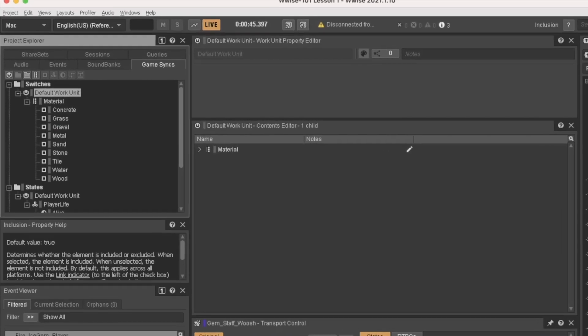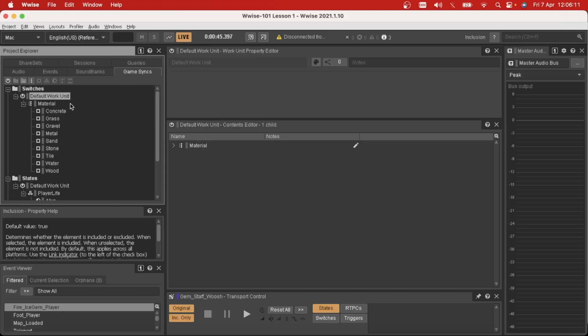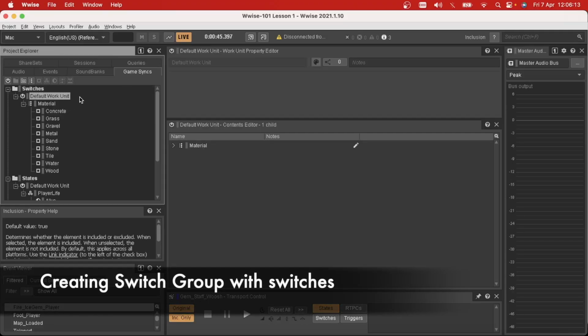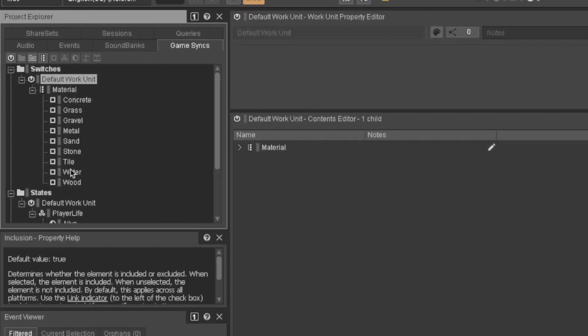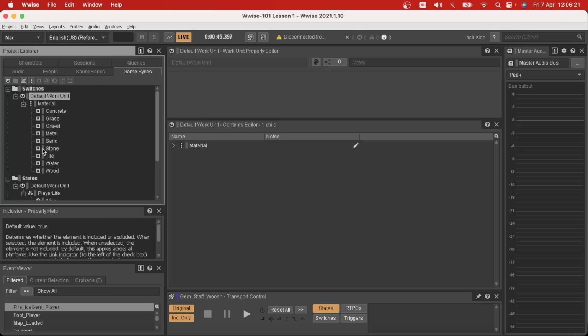So I went into the game syncs page and I created a new switch group called materials, and then 9 different switches for the different material types. So when the player is on the grass, you'll play the grass sound effects and so on. I then go